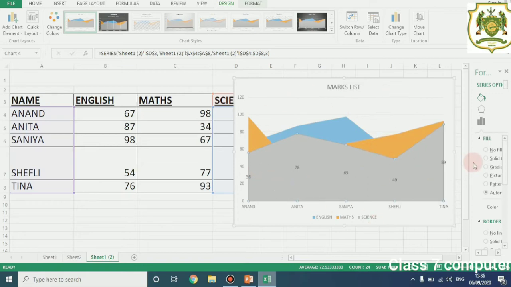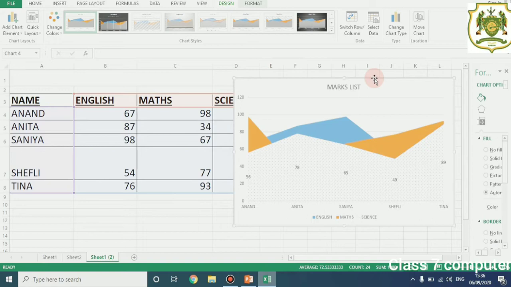If you double click, you can even change the color of your chart from here. Any color or any pattern you can change. You can double click on the chart, and if you want, you can do any of the formatting for your chart. So this is our area chart. Now let's see how we can insert the